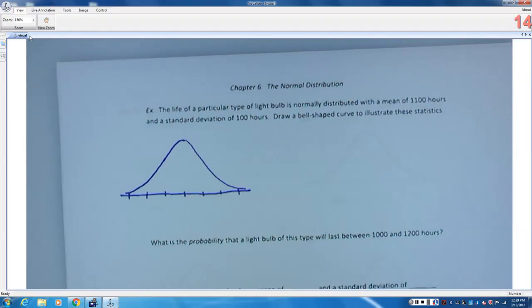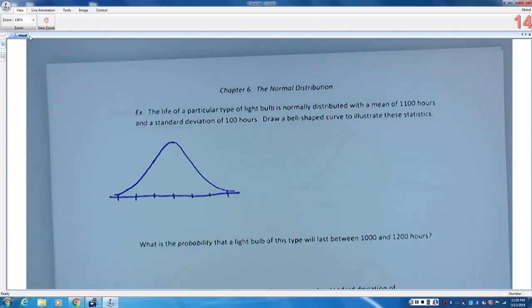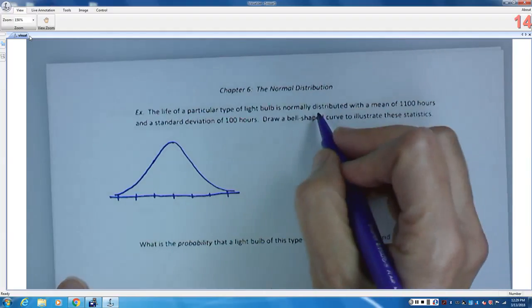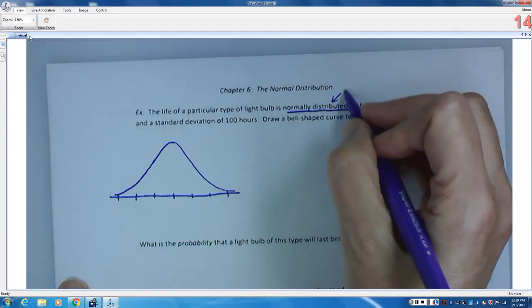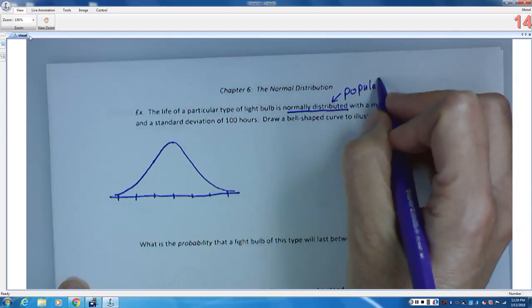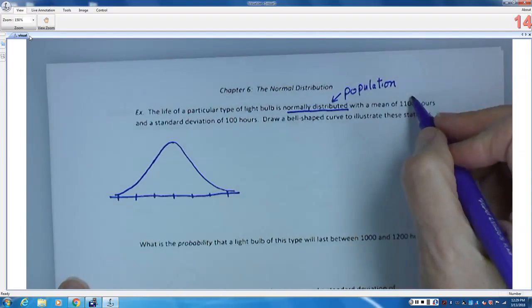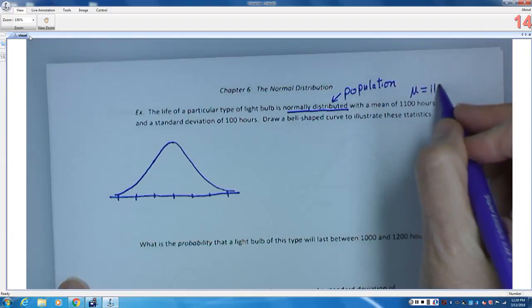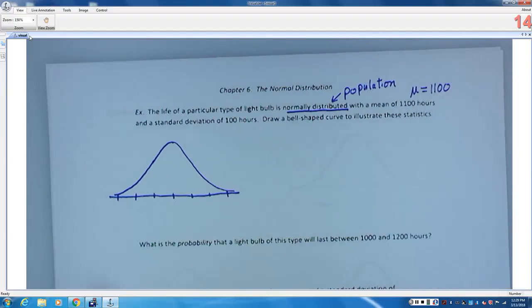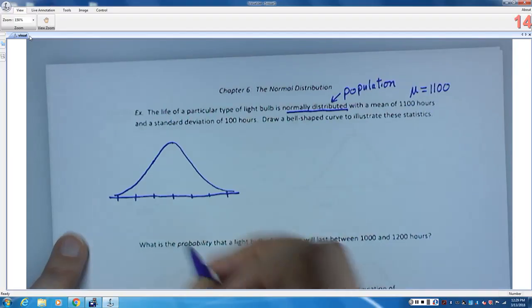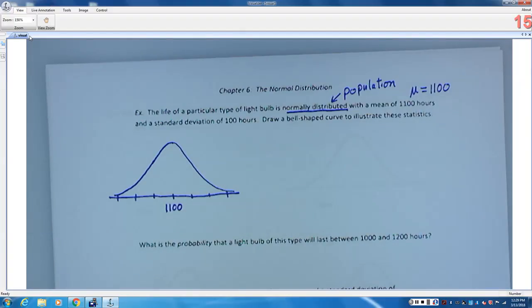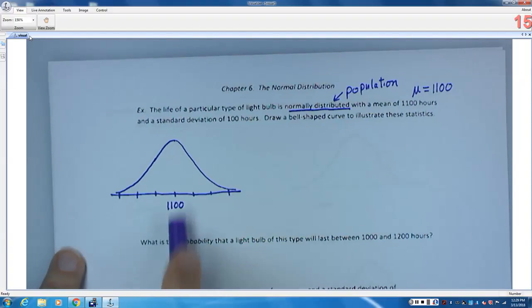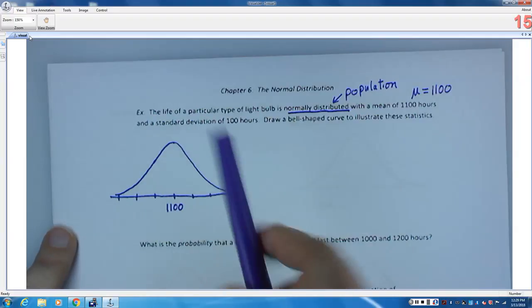All right, so let's read the problem. Distributions are populations, so it's normally distributed, so it's a population. So our mean, we're going to use mu, is 1100 hours. The life of a particular light bulb is normally distributed with a mean of 1100 hours. So the mean goes right in the middle when it's normally distributed. We put the mean in the middle. And it has a standard deviation of 100